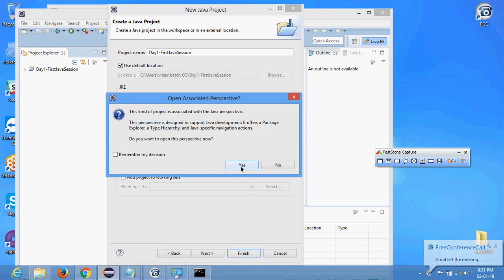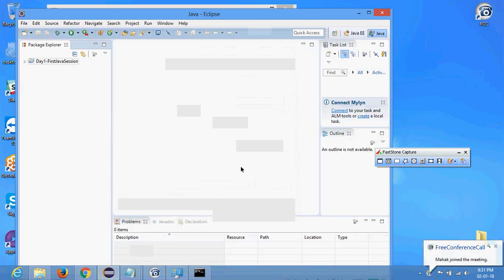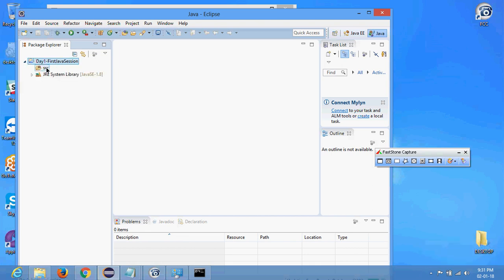It will ask me for a perspective switch. Okay, perfect. Now as you can see, on the left-hand side under Package Explorer, you will see the project. I will expand the project, and src is the folder where we actually write source code. Java is object-oriented programming, and there are two basic building blocks of object-oriented programming. Those are